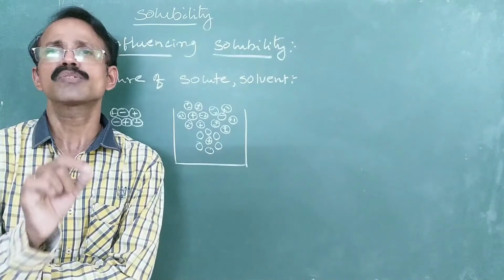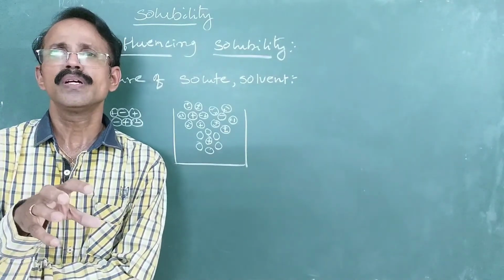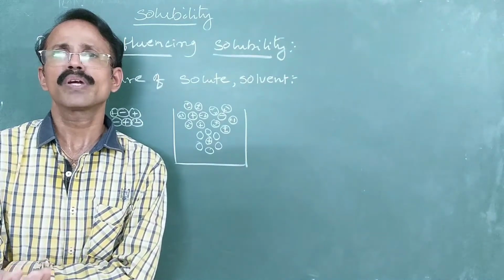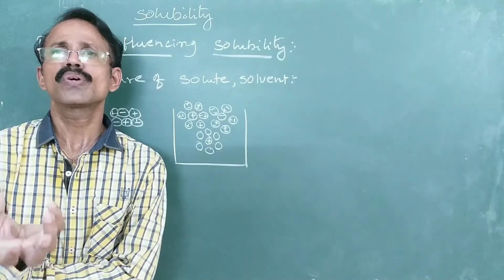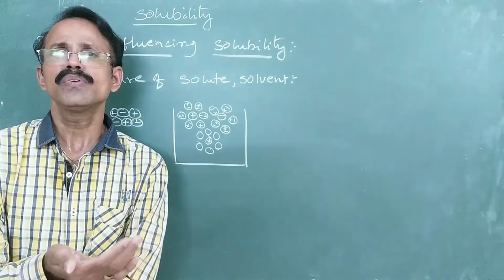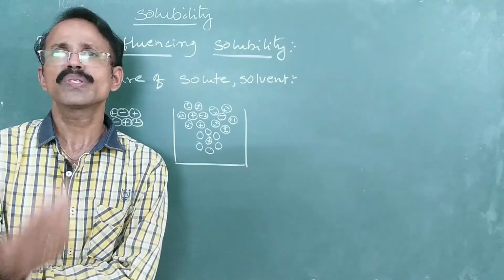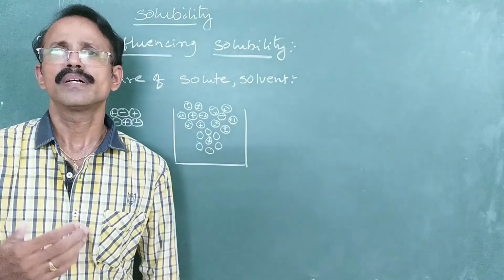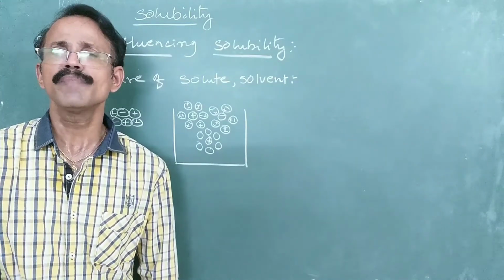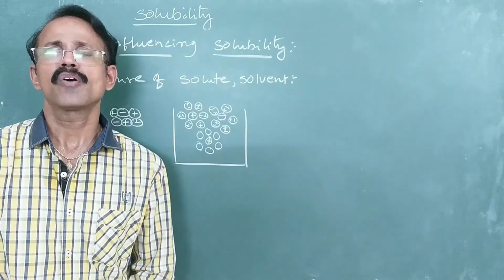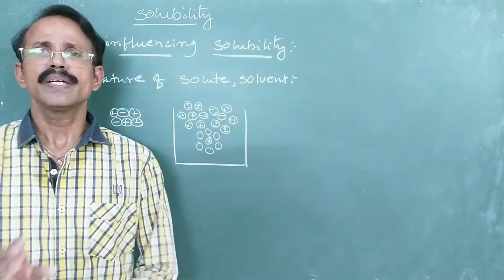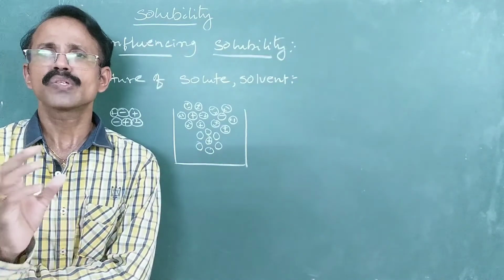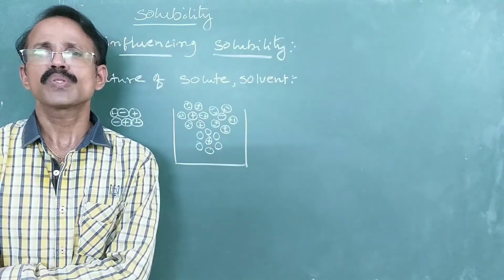Now, if you dissolve the solute in a solvent, what happens? Attractive forces will now be developed between solute and solvent. The attractive forces between solute and solvent are similar to the attractive forces between solvent molecules and solute molecules. So a homogeneous mixture is formed, and that substance is now soluble in the non-polar solvent, right? Like this, based on the nature of solute and solvent, the dissolution process occurs.